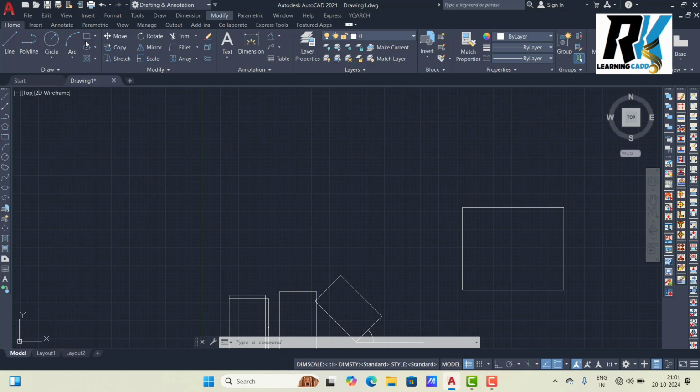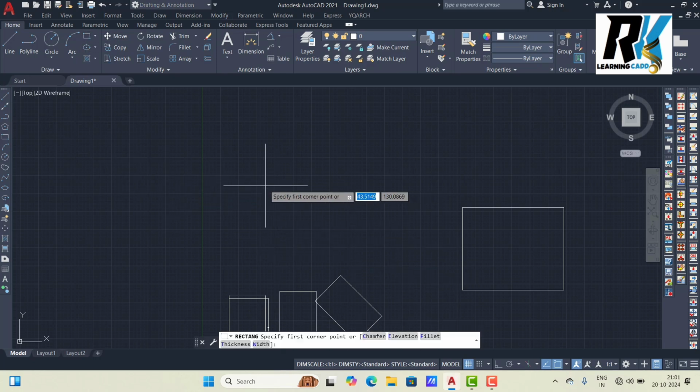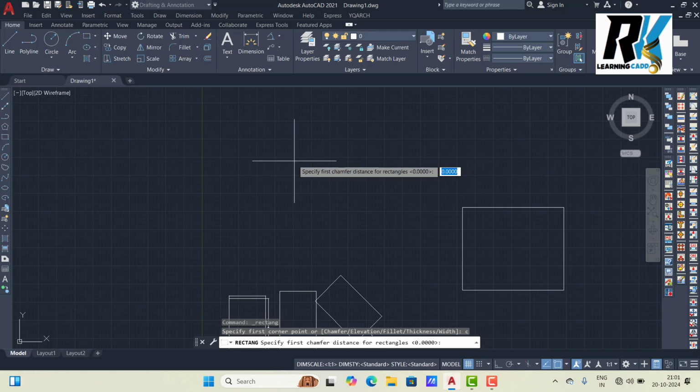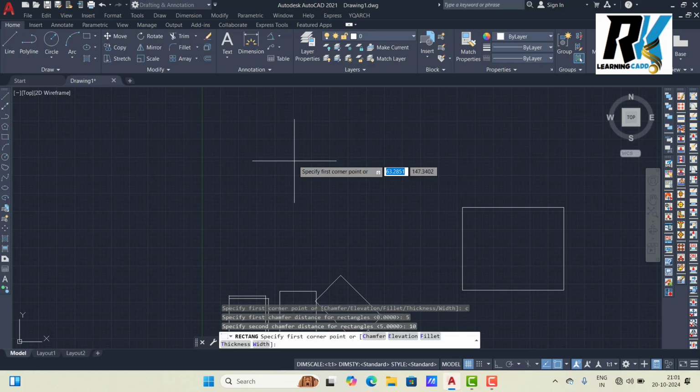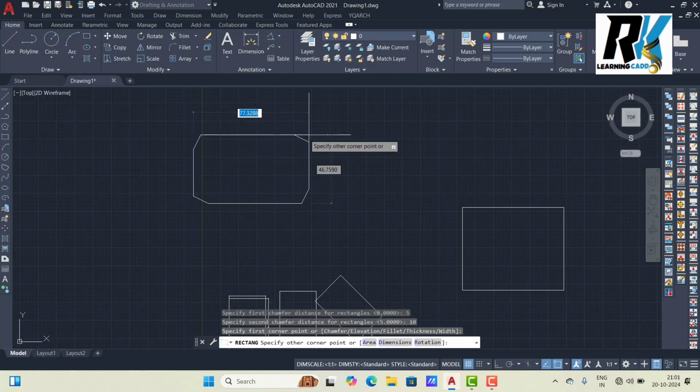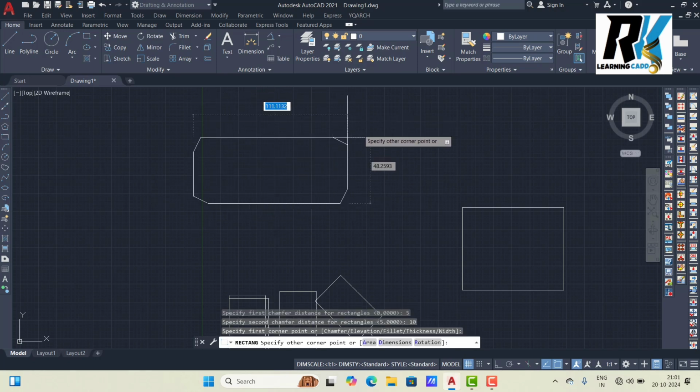So I select the rectangle command. I want to make a chamfer. Click on the chamfer option, or you can press C enter. After that, give the first chamfer distance. I type here 5. Give the second chamfer distance. I type 10. So only the distance method is followed. You click, and your rectangle automatically gets a chamfer.